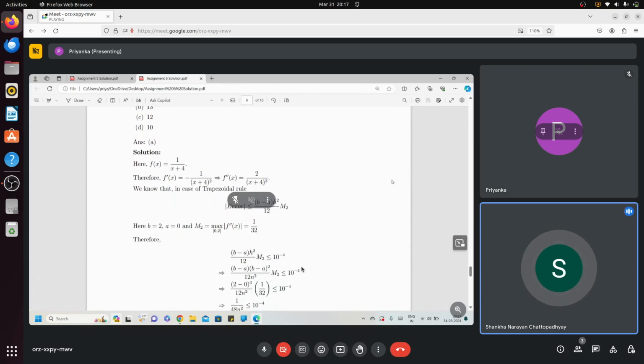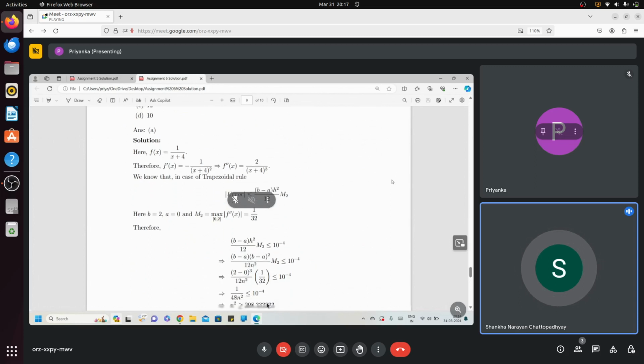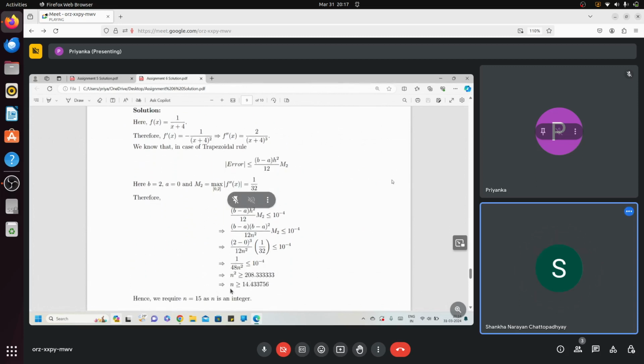and this error b minus a into h square by 12, this will be less than or equal to 10 to the power minus 4, and this h is actually b minus a by n. N is the number of subintervals. From here you will get an inequality 1 by 48 n square, that will be less than or equal to 10 to the power minus 4. You divide n, so if you take n equal to 15, then your error will be less than 10 to the power minus 4. Next,